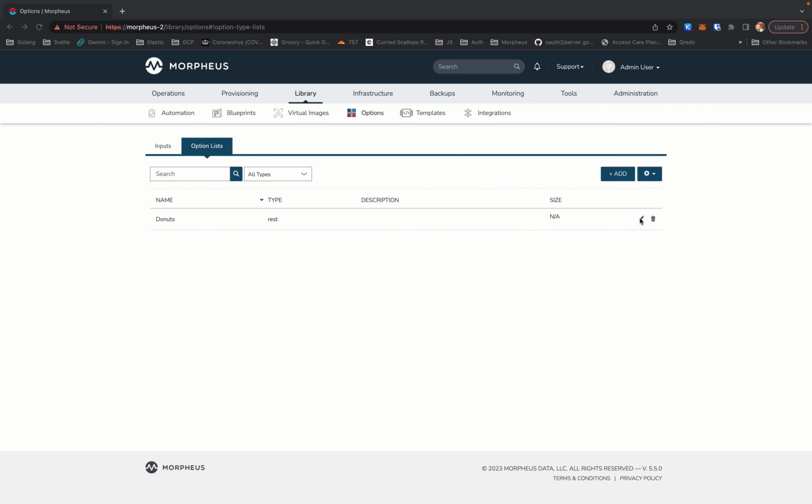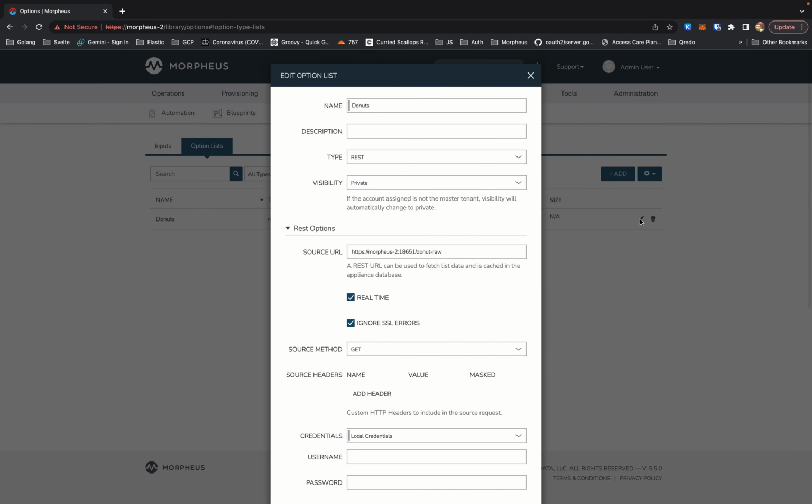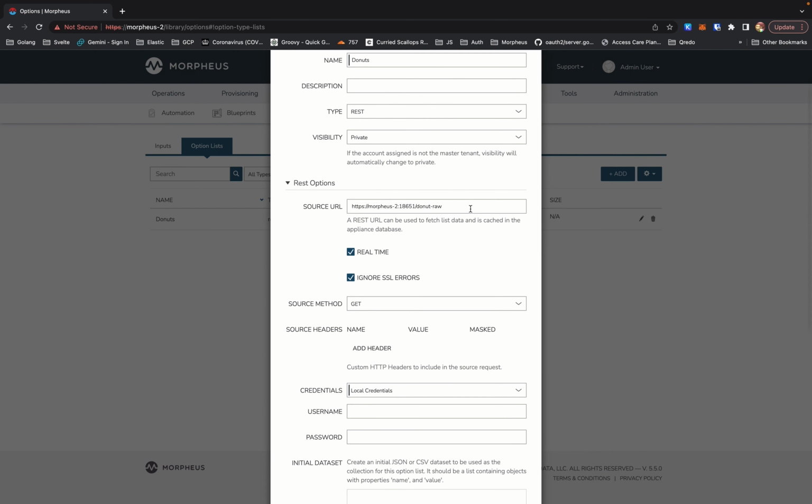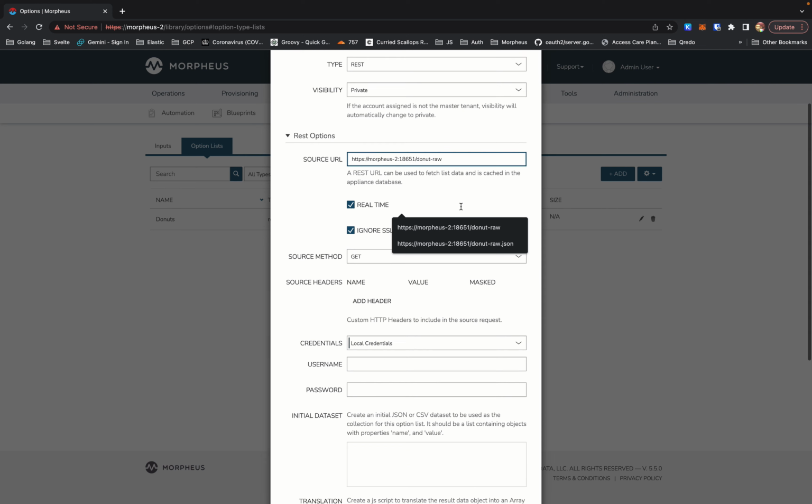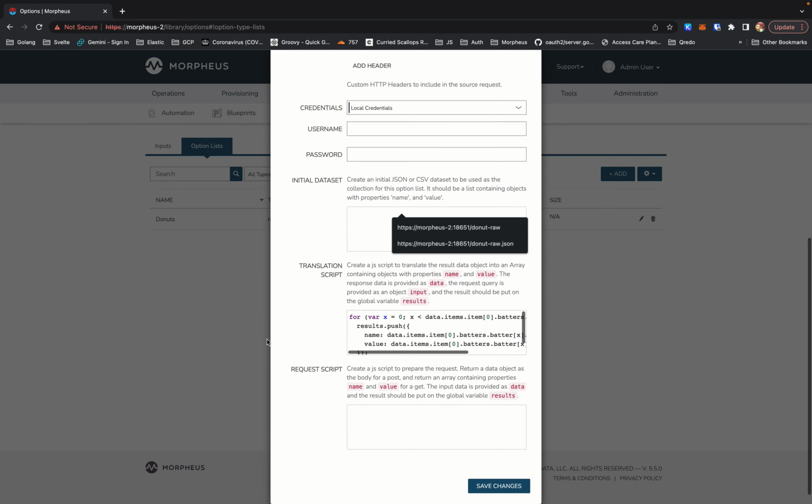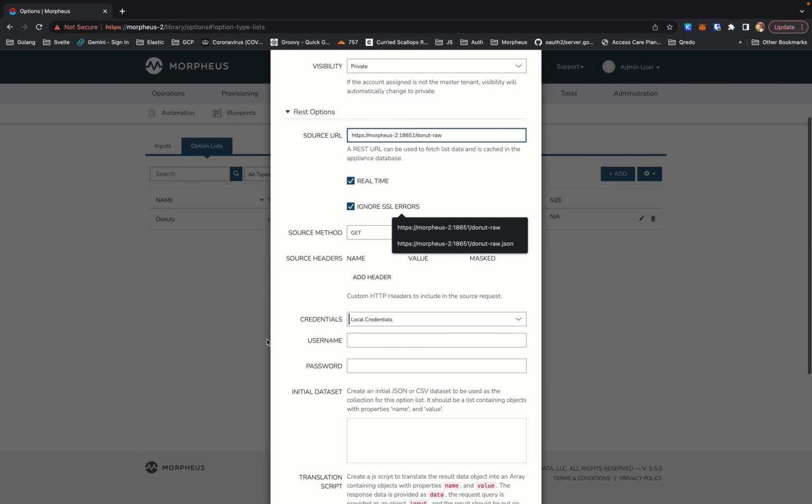We wouldn't do anything with donuts in Morpheus, but it's simple to demonstrate and ignore the data. Which uses an external data source. We're hosting it locally for this demo, but it could be any URL on the internet. But in order for us to use that data source, Morpheus requires the data to be parsed into name and